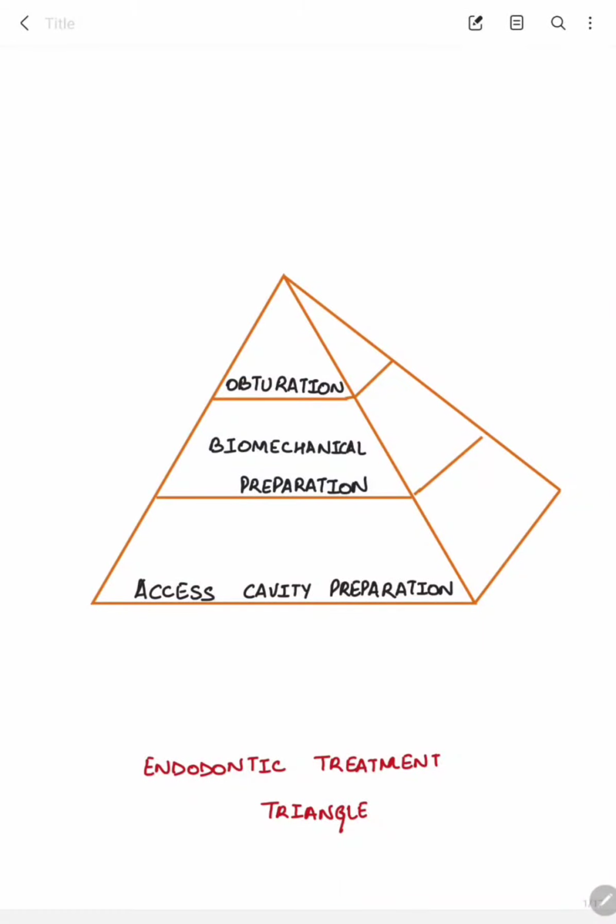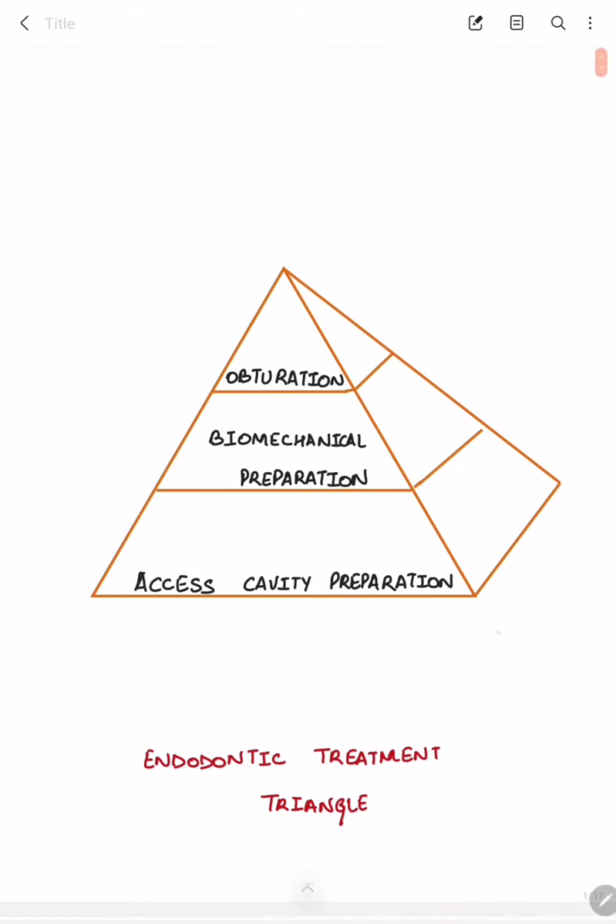Hey all, today we are going to discuss access cavity preparation. Access cavity preparation is basically the first step in endodontic treatment, right? This is the endodontic treatment triangle. In this picture you can see that the first and foremost important step is access cavity preparation. The second step is biomechanical preparation and the third one is obturation. So we are going to discuss the very first step, that is access cavity preparation, in this video,